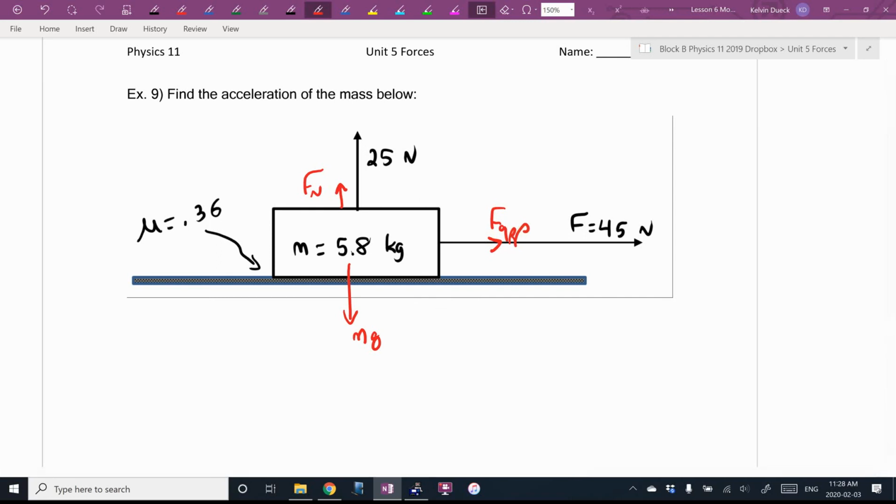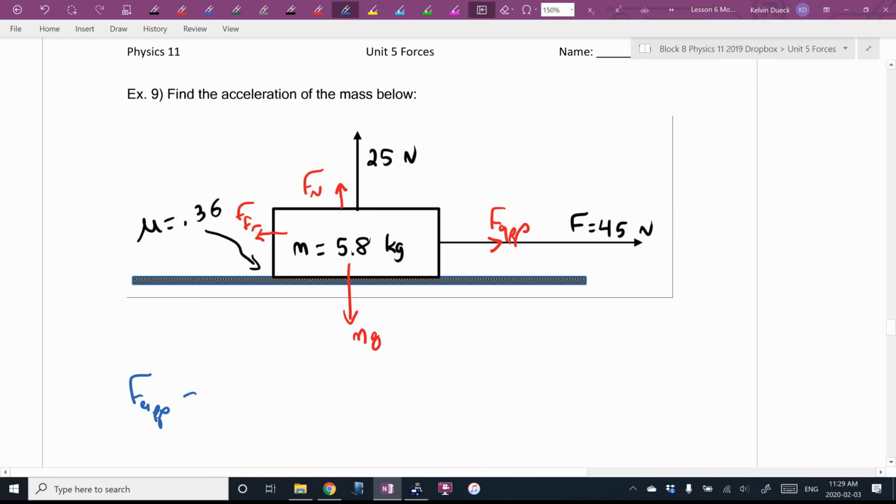Is there friction in this question, Campbell? How do I know? I'll often just stick a mu somewhere in the picture to see if you're paying attention. So, friction. Who's winning? Probably the 45. Oh, you know what? We're lifting up, which makes friction even smaller. I'm willing to bet it is F applied. So I'm going to go with winner